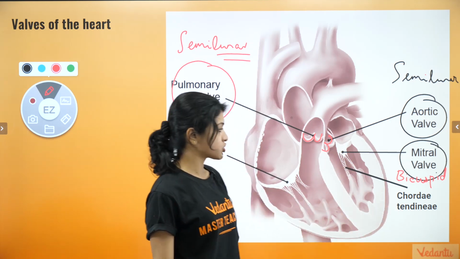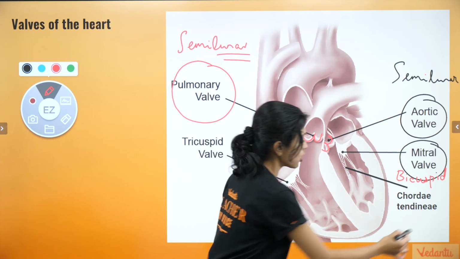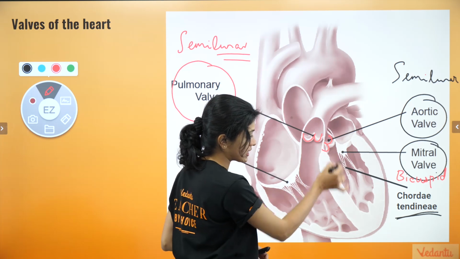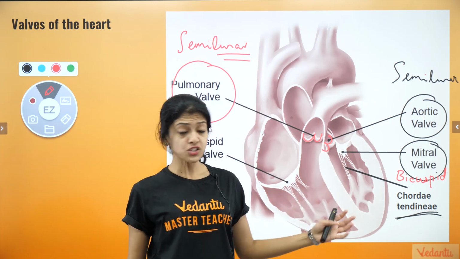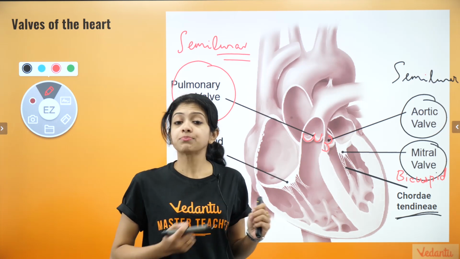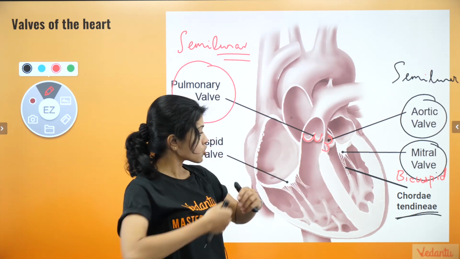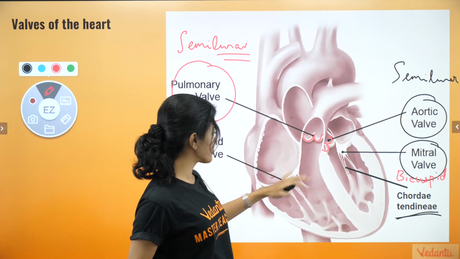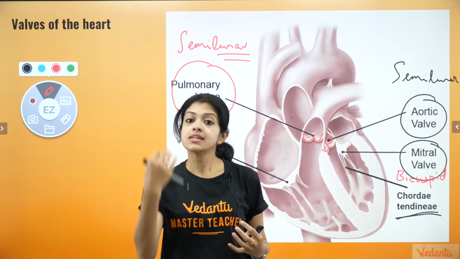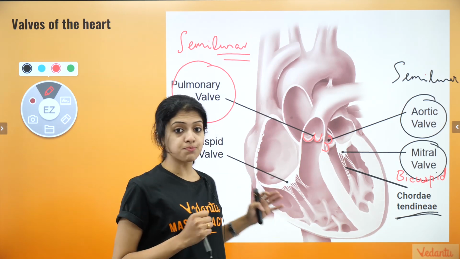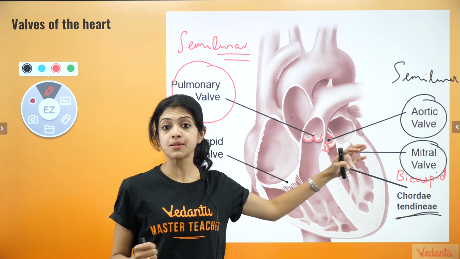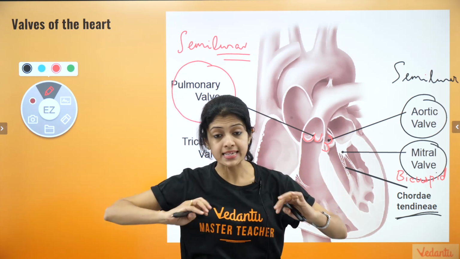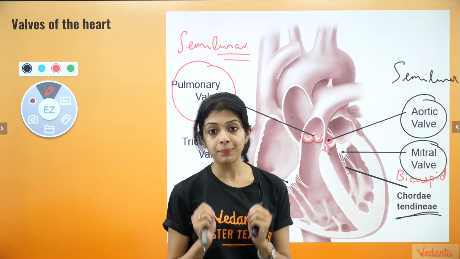Now, what are these structures that you can see here? They are called chordae tendineae. They are fibrous thread-like cords that you can see here. Why are they present? It's not enough that we have a guard. We need something to hold the valves in place, right? So they basically act like a thread or a rope that holds the valves intact when circulation happens, when there is blood filled in the ventricles and the valve is supposed to be closed. In order to ensure the valves are closed and in place, chordae tendineae have to play a vital role.